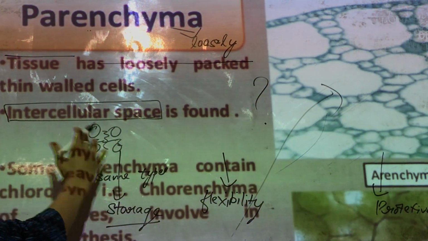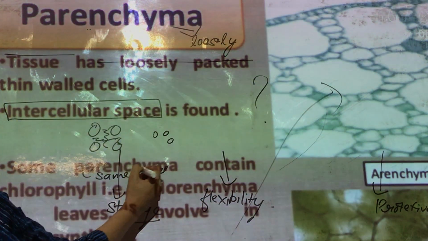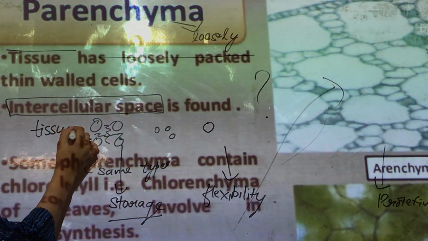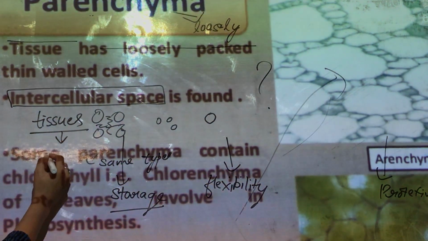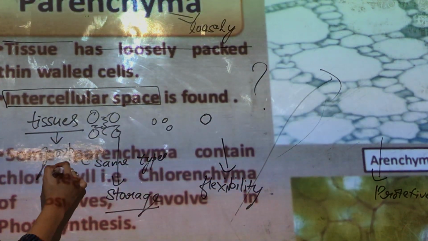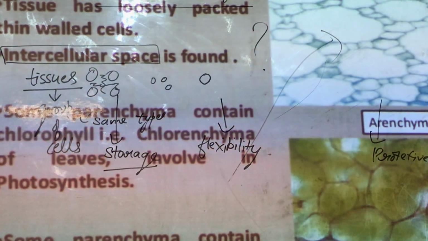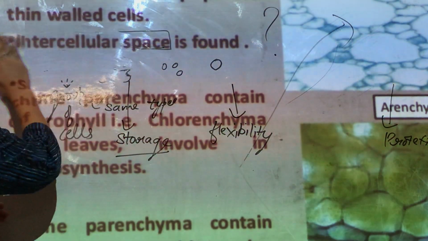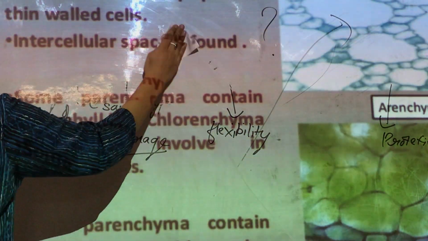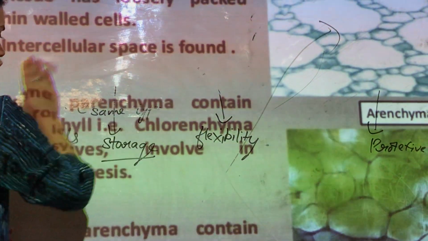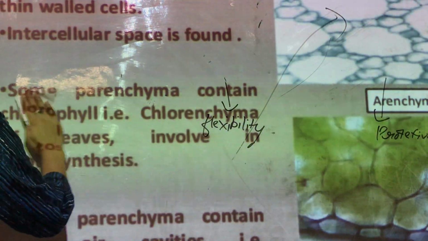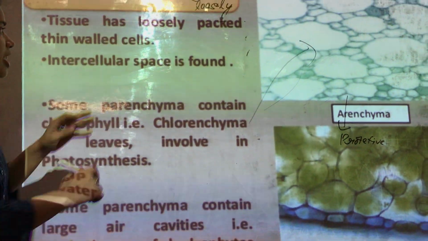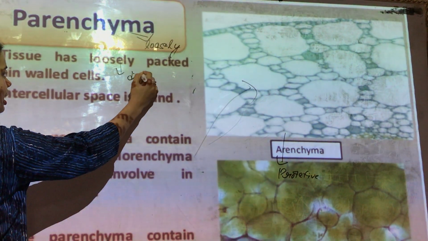Now, if I say they have single type of cell, it doesn't mean that it has only one cell. We are talking about tissues. When we are talking about tissues, it means that we are talking about a group of cells. So parenchyma are a group of cells, but all the cells are of the same type. The cells are of the same type because they are simple permanent tissues, and in complex the cells are of different types. Now these parenchyma tissues can be of different types.